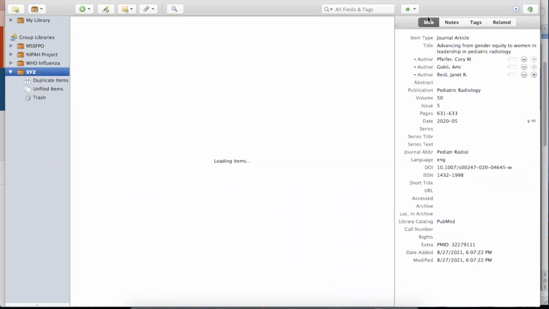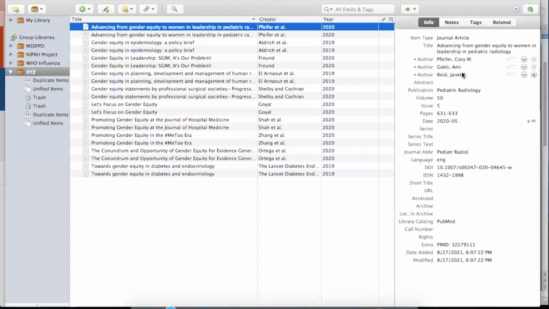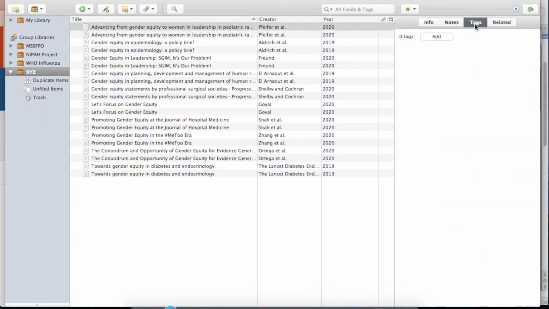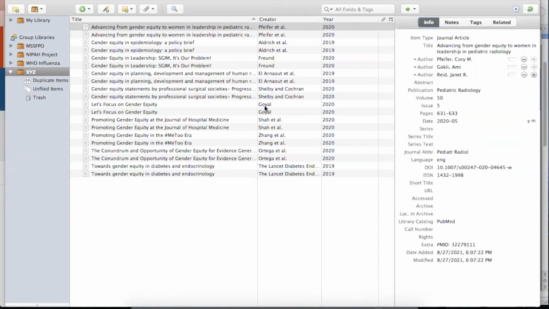Now, the third panel is about the article information. Basically, it gives whatever Zotero has captured about that particular article. So let it load. Okay, if I select this particular article, if you see in the third panel, it gives me information like what is the item type, title, author, and then different kinds of information. Then there is a notes panel, there is a tags panel, and there is related. So one by one, I'm going to tell you how it works. Okay. So first, I'll come to information.